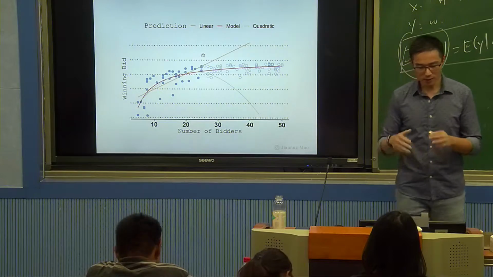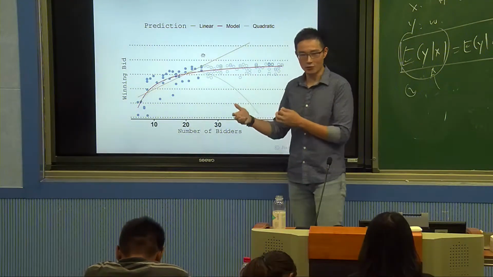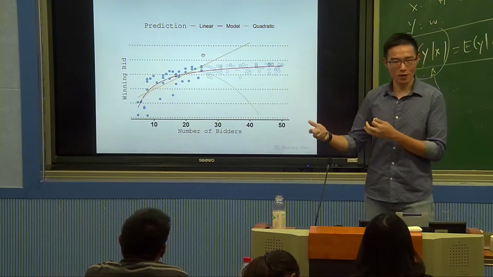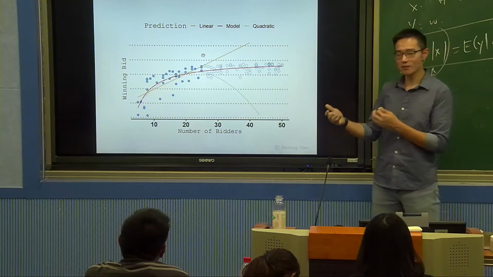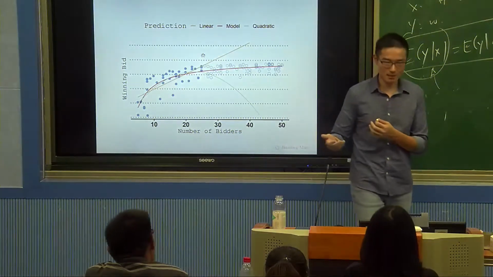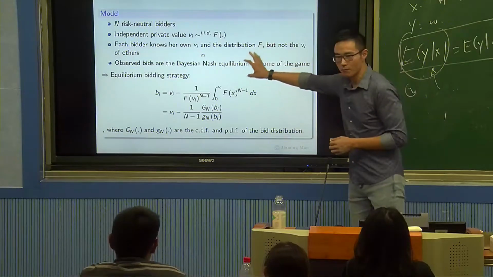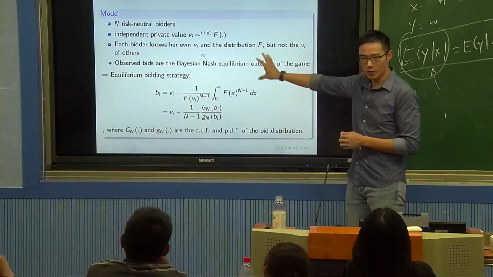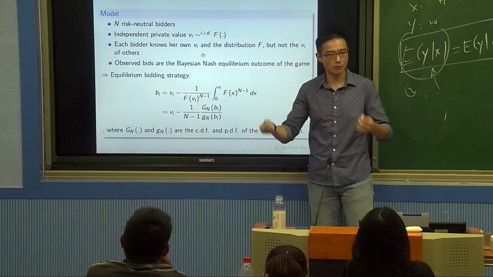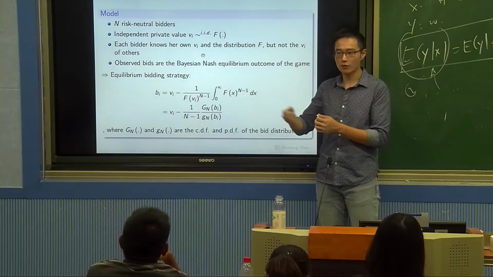The second point I want to make is that I'm making structural models sound awfully powerful and good. Now, it could be awfully powerful and good if your model is good. It's that simple. The power of a structural model comes from the power of the theory model. If your theory model is really good, like in this case, if your model really describes the auction data, really describes how people bid, then structural econometrics is going to give you a very good prediction,